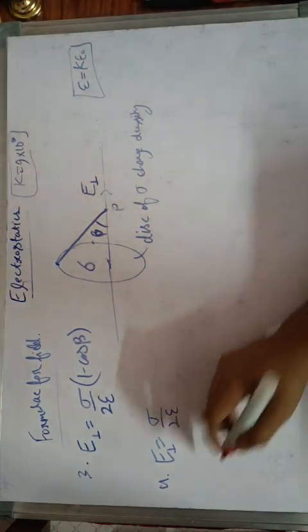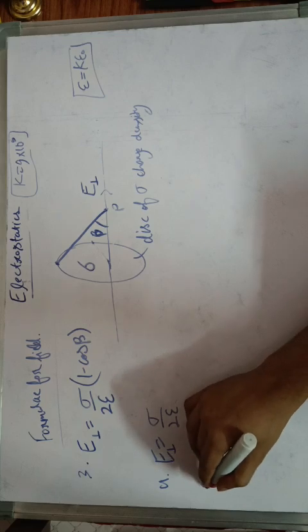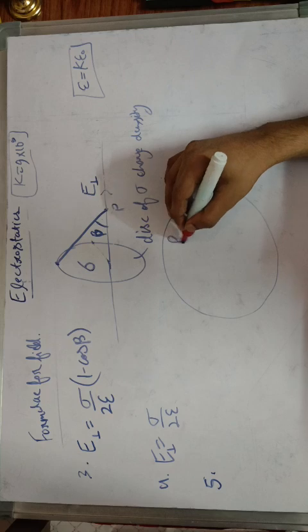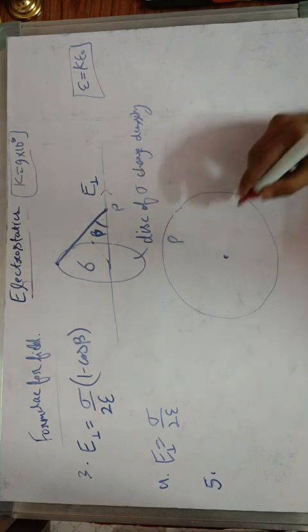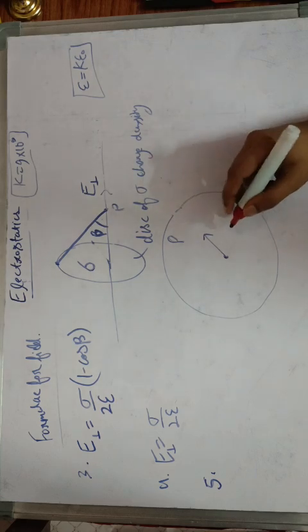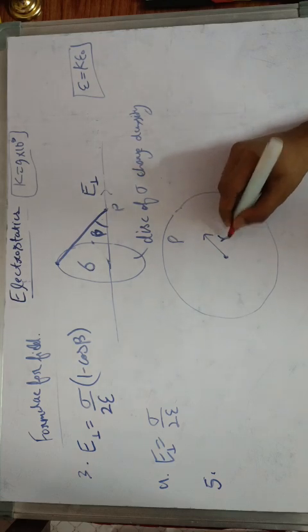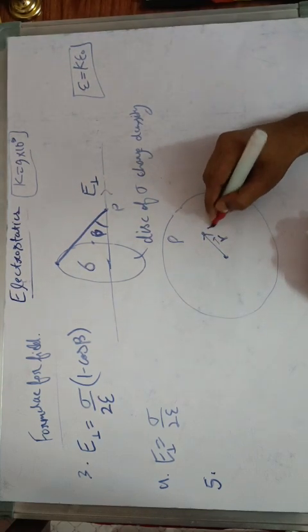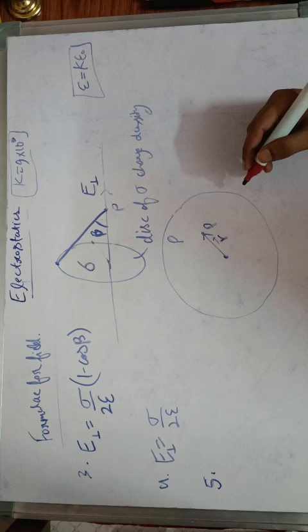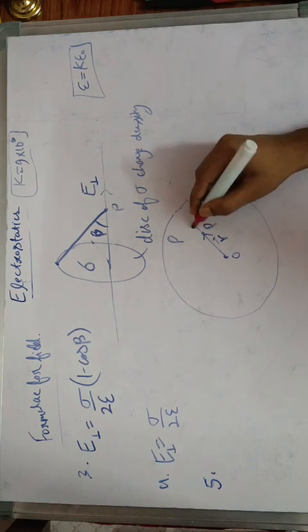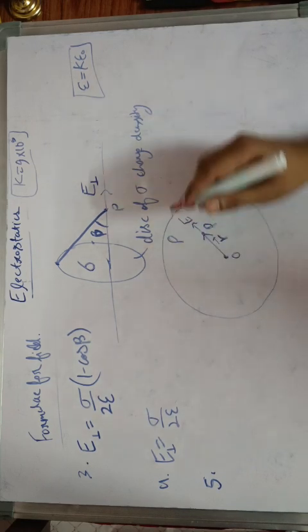Now, the fifth case is if there is a uniform charge density of rho, and there is a, let's say, center here, and then I want to find the field at any r distance from it. This is an r vector. There is a point P here. It is a distance vector r from this center, let's say O. Then the electric field at this point